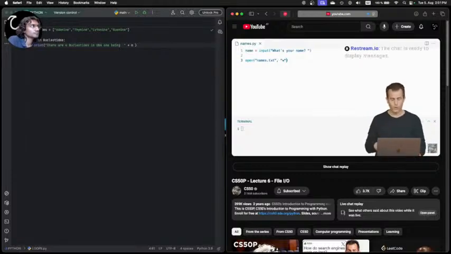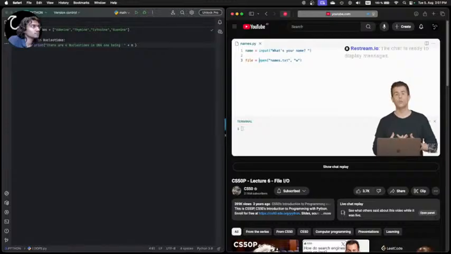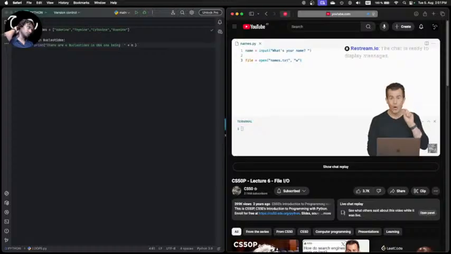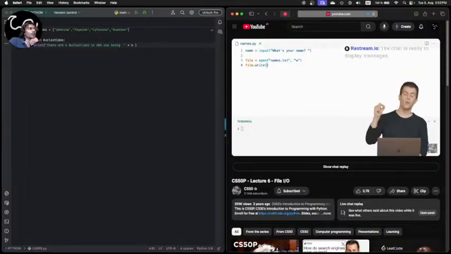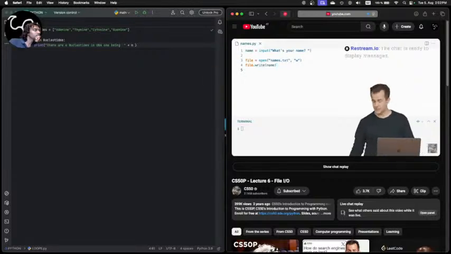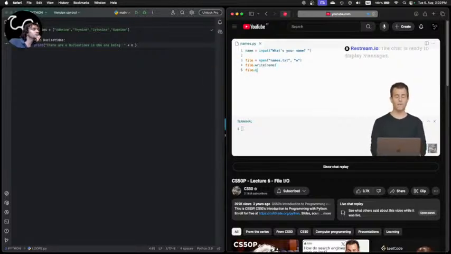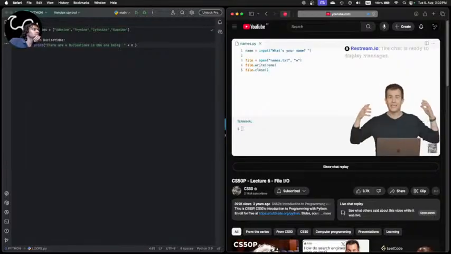Now, open returns what's called a file handle, a special value that allows me to access that file subsequently. So I'm going to go ahead and assign it equal to a variable like file. And now I'm going to quite simply write this person's name to that file. So I'm going to literally type file, which is the variable linking to that file, .write, which is a function, otherwise known as a method that comes with open files that allows me to write that name to the file. And then lastly, I'm going to quite simply say file.close, which will close and effectively save the